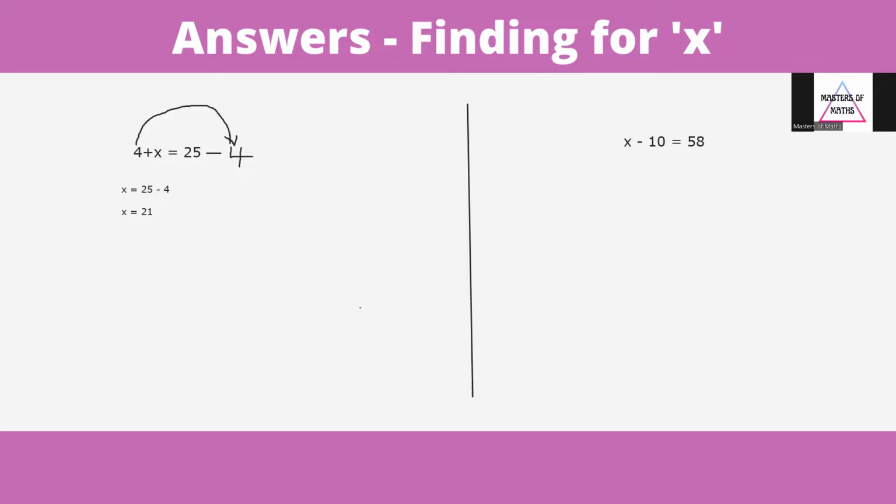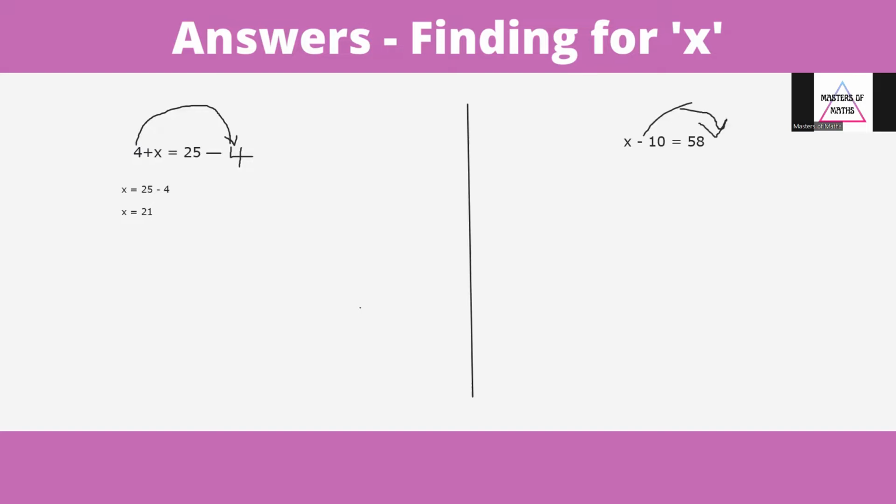So here we dealt with positive values, and now we're dealing with negative values. So you have x, what's in front of it? A positive sign, right? So positive x minus 10 equals 58, and we have to find x. This is a negative 10, so this 10 has to go over the equal sign, and it goes with this negative sign. So once this entire thing goes over the equal sign,